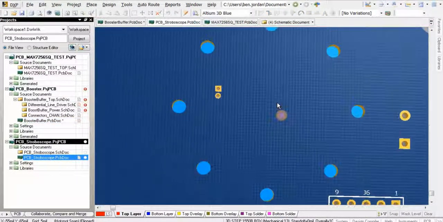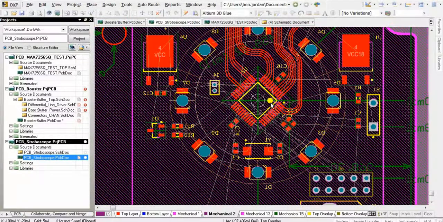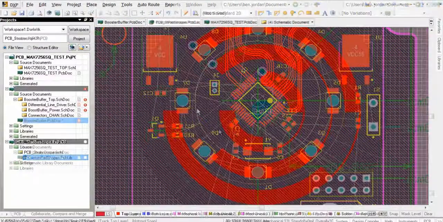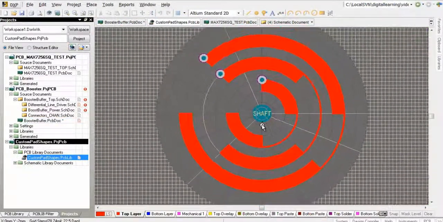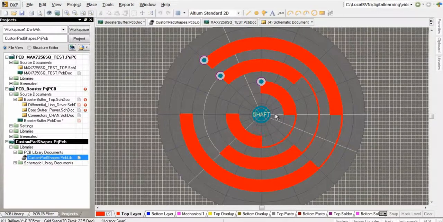These grid options also work in the PCB library editor, which can make it a lot easier to accurately build footprints. You may have seen this one in a previous design secret. Here I've used a custom polar grid to make this grey code-based rotary encoder, which uses these copper shapes on the PCB in combination